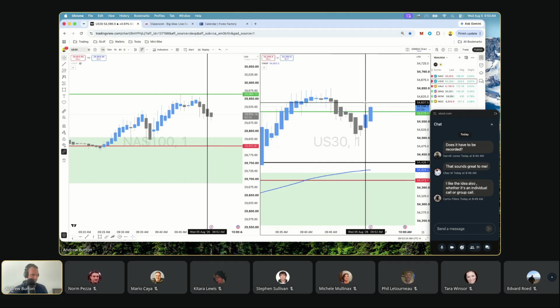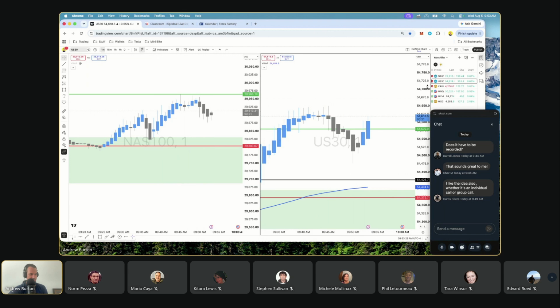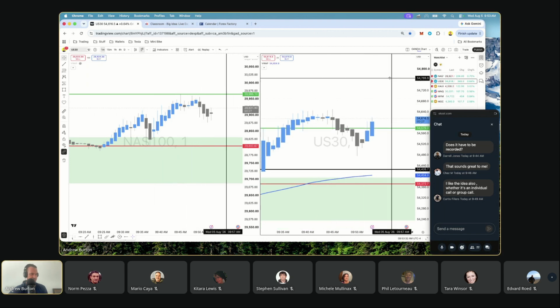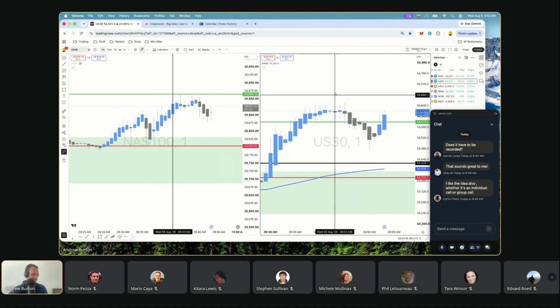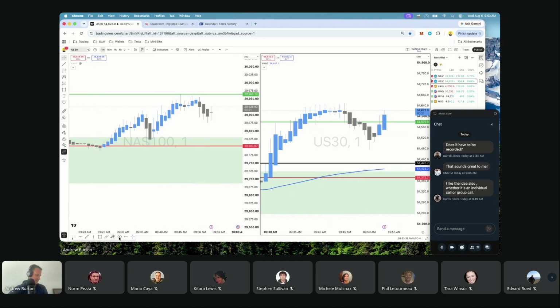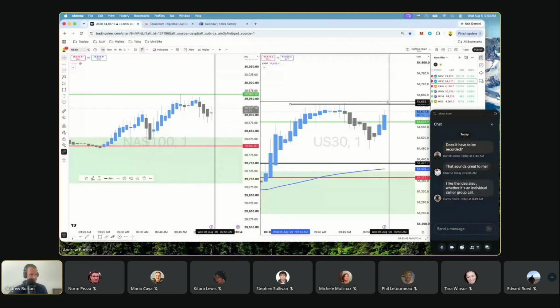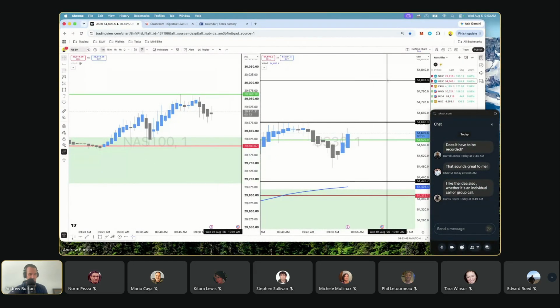Basically where price went to here. As I was saying at the start, we're at all-time highs now for US30, so there's nothing above that we can target. So basically, we would be looking at this. If price gets above here, this line, then it's likely going to go up. And by the end of day, I was talking about this at the start, it'll probably go for